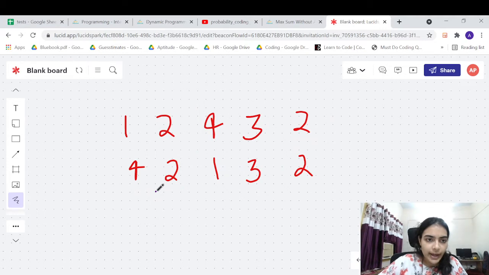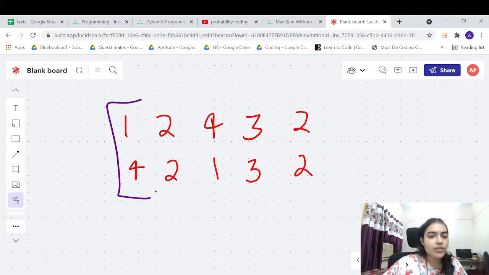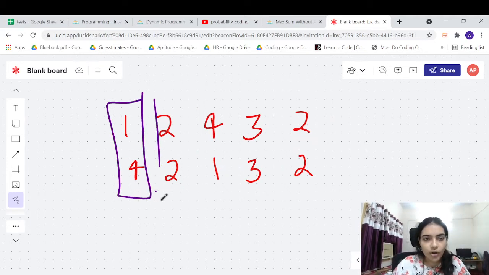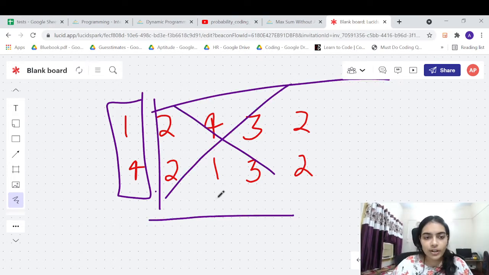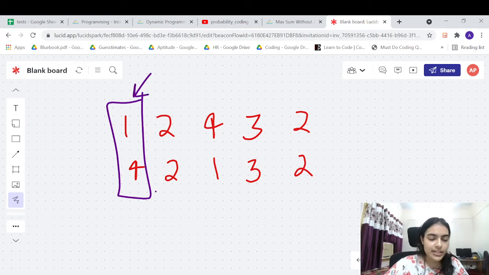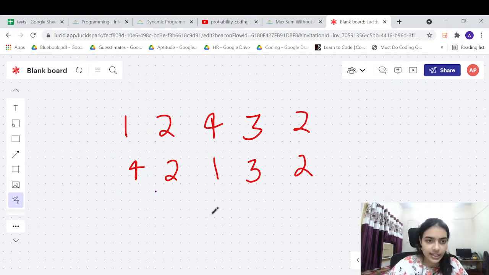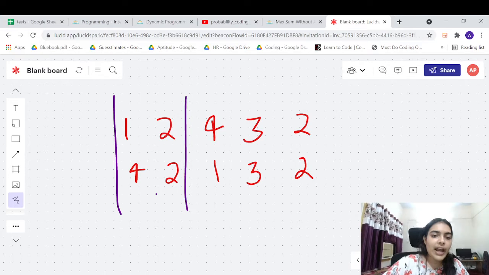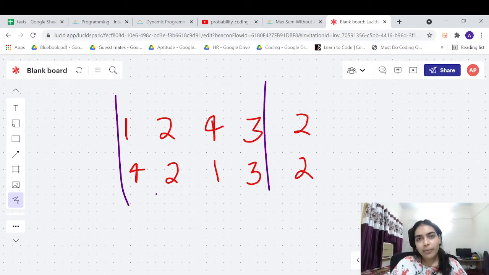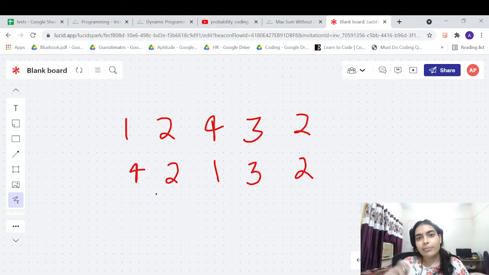Let's try to evaluate, for example, only the first column. Let's say that all other columns are not given. Let us just remove and ignore these, and consider only the first two elements. In this case, what will be your answer? If you take 1, you cannot take 4, right? And if you take 4, you cannot take 1. Let's ignore these, because one by one we will keep on adding columns. First we will add this column, then this column, then this column, and so on, right? That will be the approach which we are going to take, so that it will simplify our problem.